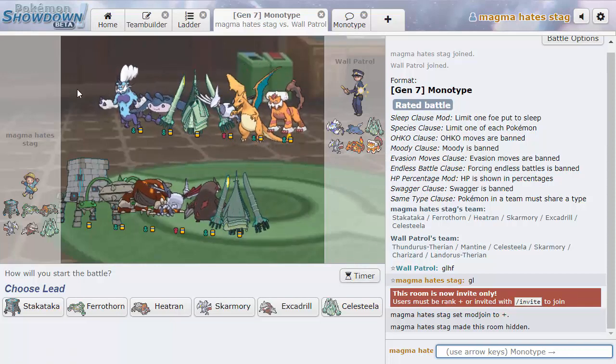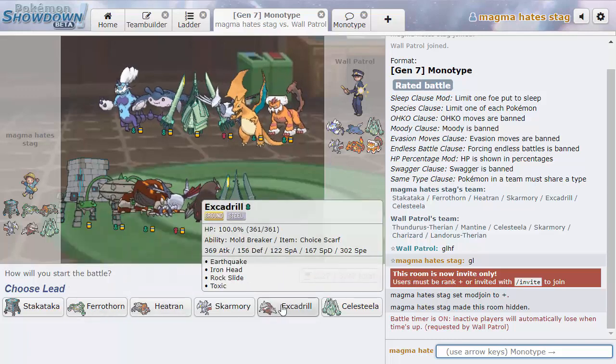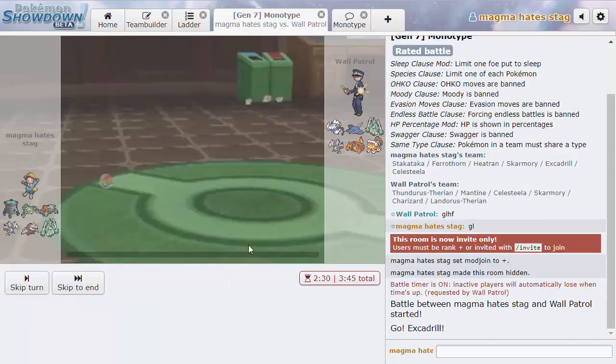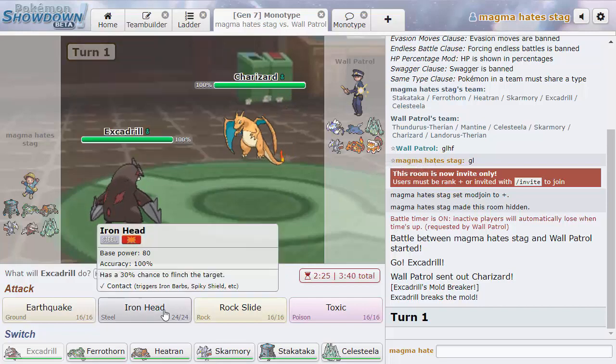Okay. So I think my best play is probably my Excadrill because it gives the Zard a little leeway. I guess you could lead off with Landorus. I would lead off with Landorus. It leads off with Charizard. So this gives me an...